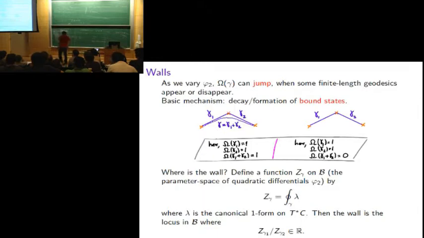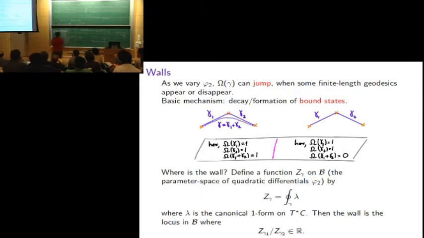So then you can readily convince yourself that the walls will occur exactly when two of these things are becoming aligned. Here, what's happening as we go closer and closer to the wall is that the z for gamma 1 and the z for gamma 2 are getting closer and closer to being lined up. What I mean by lined up is, these are some generic complex numbers, and they're getting closer and closer to having the same phase. And the wall occurs exactly when these numbers have the same phase. So in general, that's where the walls will be. They'll be the places where these z gammas line up. OK. So that's where the walls are.